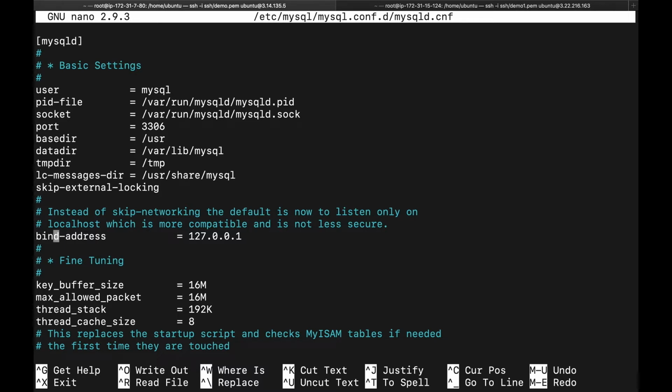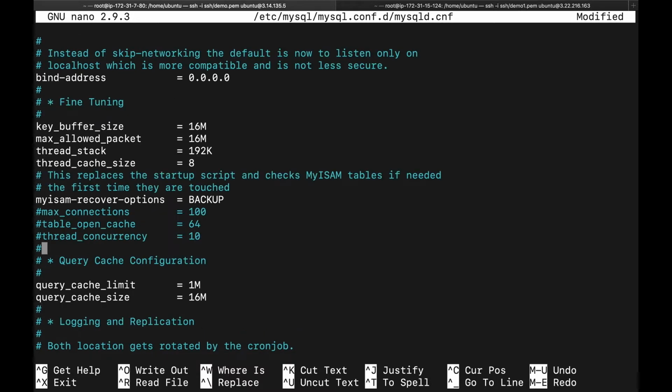Yes, here you find the bind address. You can replace it with your server IP. For wildcard, any server, I will put here 0.0.0.0. That means you can access it from any server. So that's why I am binding this address to your master.